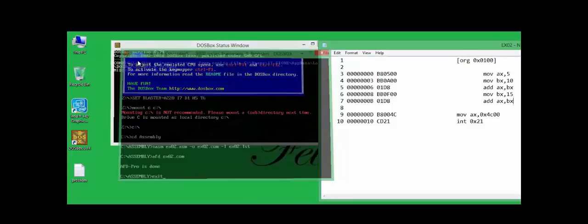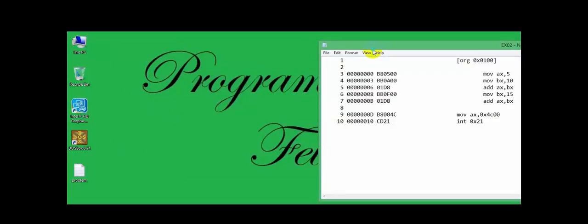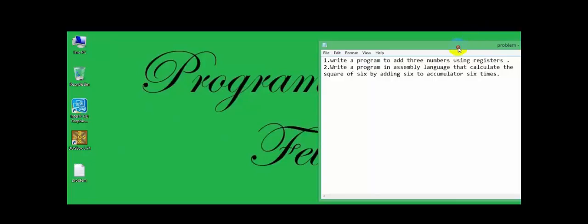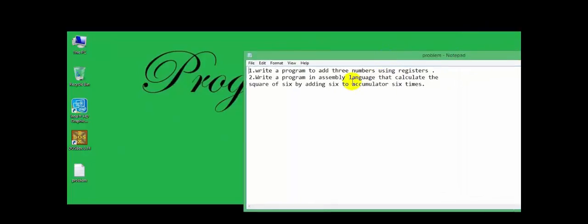Now I will talk about the next problem. Okay, in this problem we use an accumulator register. And why do we need the counter CX register? As we know, 6 times 6 is equal to 36.